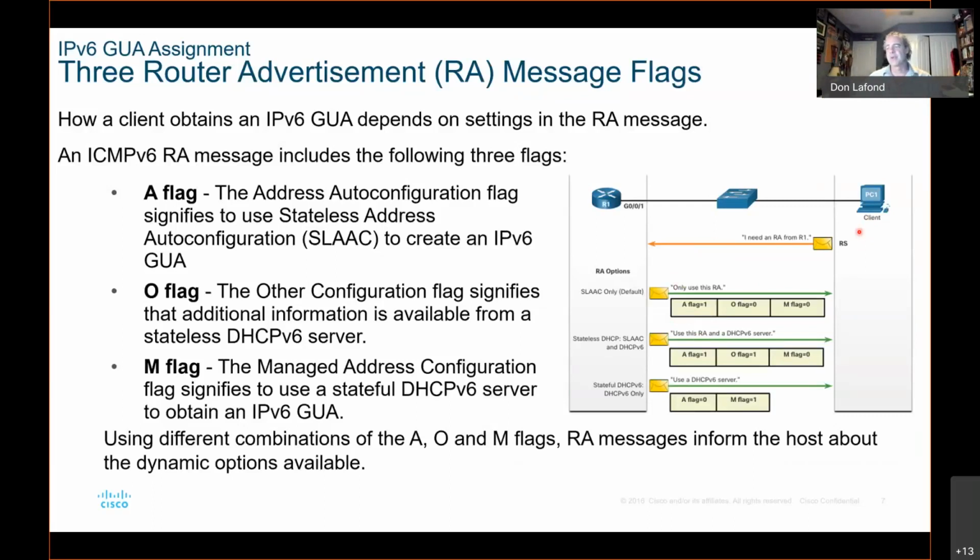So it doesn't just put a global code saying I need an IP address. Instead, it says I need a router advertisement from a router, from R1. So R1 gets the signal. Now, R1 replies with these flags. If the A flag is set, these other two would never be set. If the A flag is set, it says, hey, here's everything you need. Go make your address. And I'll show you how you make your address on your own in a little bit